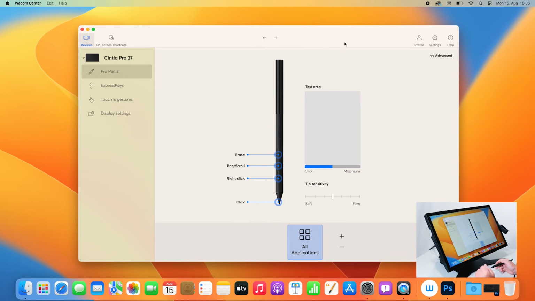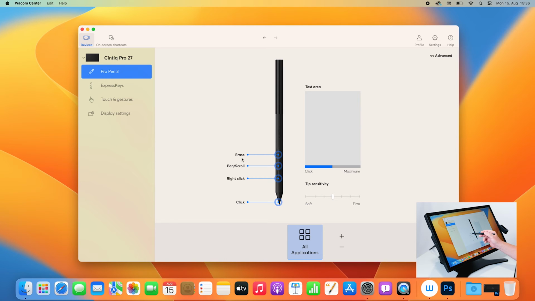One of the key features in the new Wacom Center is that you can assign application-specific settings to all your buttons and on-screen shortcuts in the Wacom driver. For example, if you want to assign a specific function like a keyboard shortcut in Photoshop to one of those pen buttons, this is very easy to do. Let's do this. So I'm going to my Wacom Center, go to ProPen 3 settings, and here you can find the different button settings. If I click on one of those, let's, in this case, take the erase button,